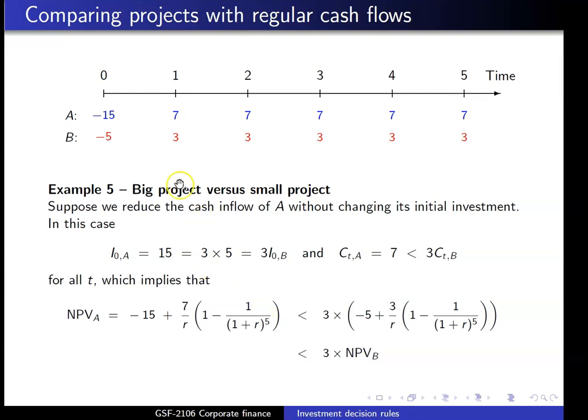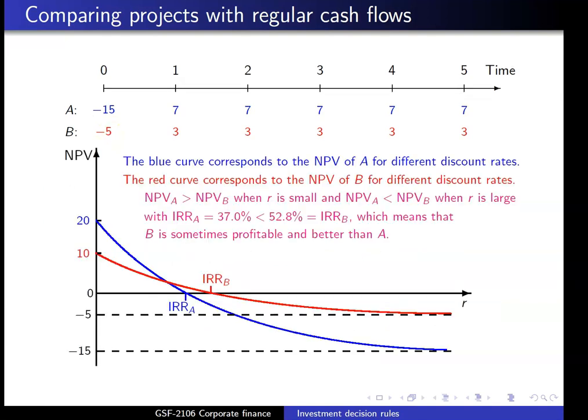So here's an example where it's a good idea to look at the incremental cash flow. What we did here, we took a project that had 3 times the cash flows of another smaller project. Now we took the cash inflows and reduced them so that they are no longer a multiple of the cash inflows from the small project. What do we find? In this specific example, and you can see it when you look at it,